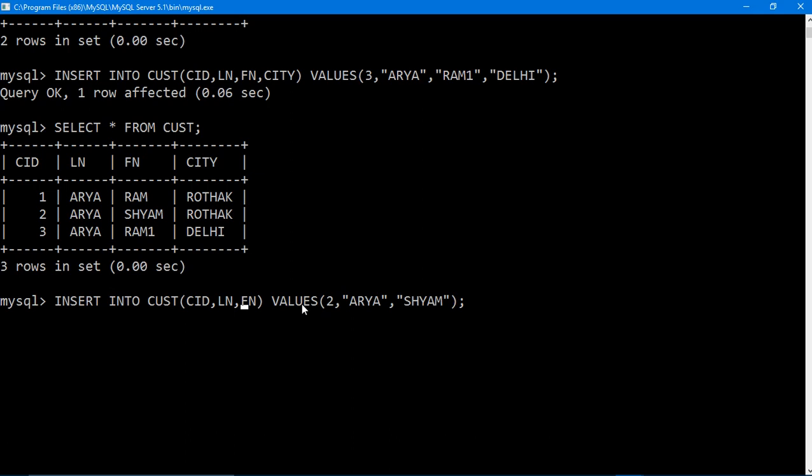I don't want to enter ln, so I'll remove the value here. Okay, so this has been removed. Now you see this will give me an error.